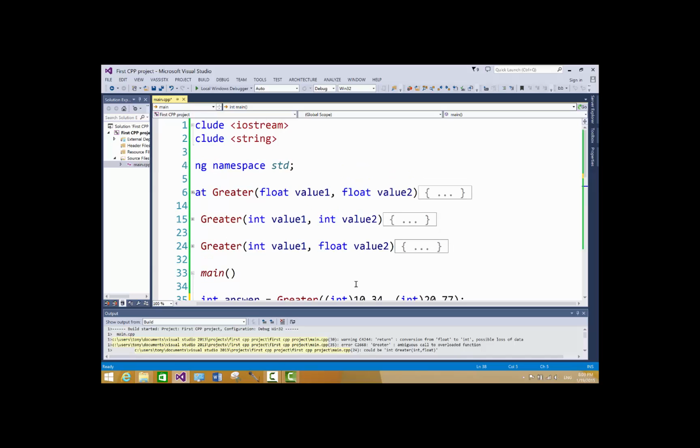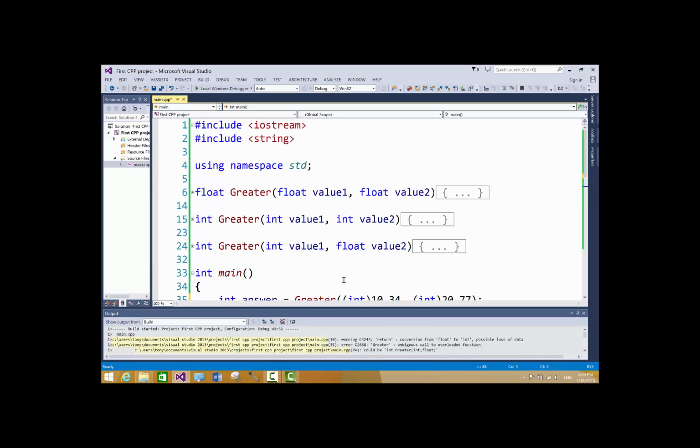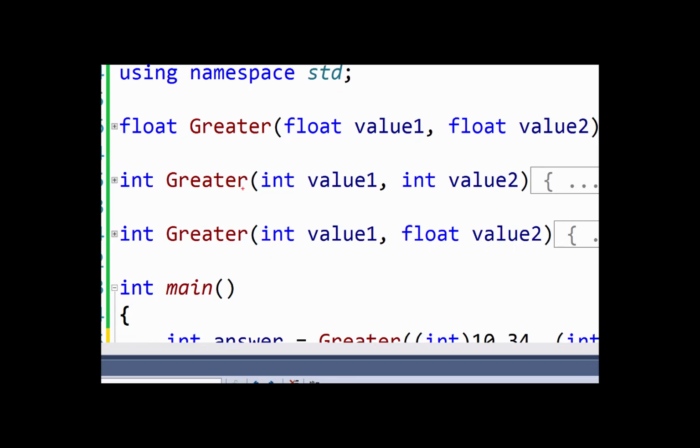So function overloading simply means that we have more than one function with the same name. In this case, I have 3. Function overloading says you can have functions with the same name as long as the argument lists are different. So let's take a look at the argument list. This one takes 2 floats. This one takes 2 ints, so they're different. This one takes an int and a float, so it's different. All 3 of these are different. The compiler can try to determine which one you're using based on the arguments you pass,